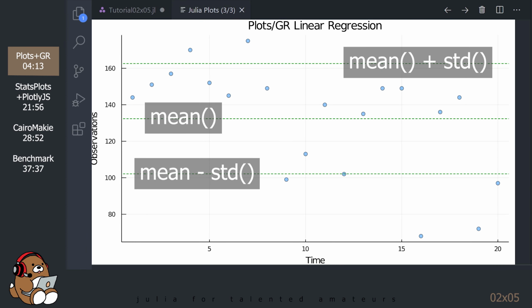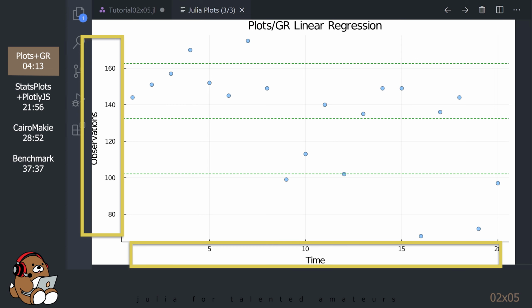Now, your plot has horizontal lines showing the mean as well as the standard deviation on both sides of the mean. The mean and the standard deviation only show information about the observations. It does not show any relationship between the observations and any other dataset. In order to better understand the relationship between the observations and some other set of data, we can use a